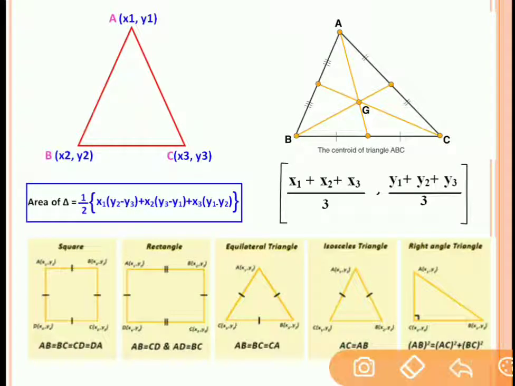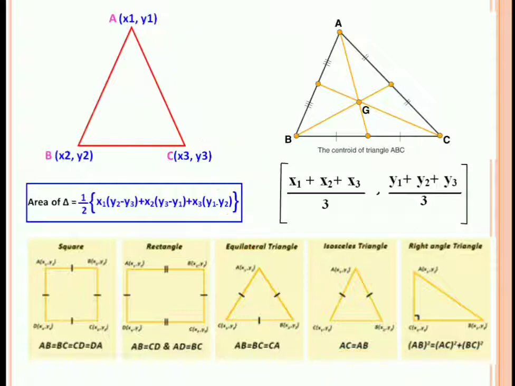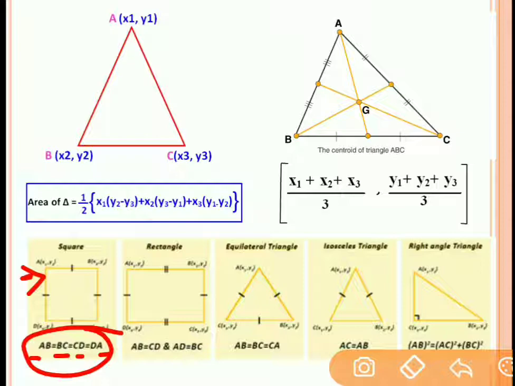Moreover, if you are given 4 points and you have to check whether these 4 points make a square or a rectangle. Fine. Let's say that you have been given in the question 4 points as A, B, C and D. These 4 points will be given in the question. Then it will also be given in the question that these 4 points will form a quadrilateral. Then we need to check whether this quadrilateral is a square or a rectangle. Then what you need to do is, if the 4 points are given in the question, then you have to check the distance AB, BC, CD and DA.